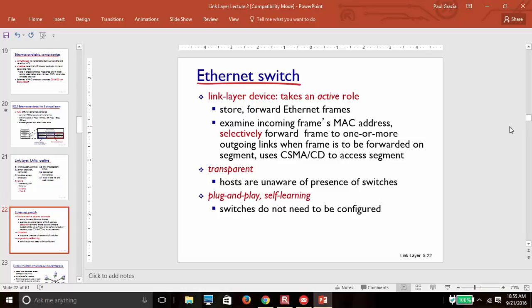So basically, the Ethernet switch is a link layer device. It works exclusively with Ethernet frames. It stores and forwards Ethernet frames. So it takes them in and forwards them to another port. It does this by examining the incoming frame's MAC address and selectively forwarding that frame to one or more outgoing links. When the frame is to be forwarded on a segment, it uses CSMA/CD to access the segment,